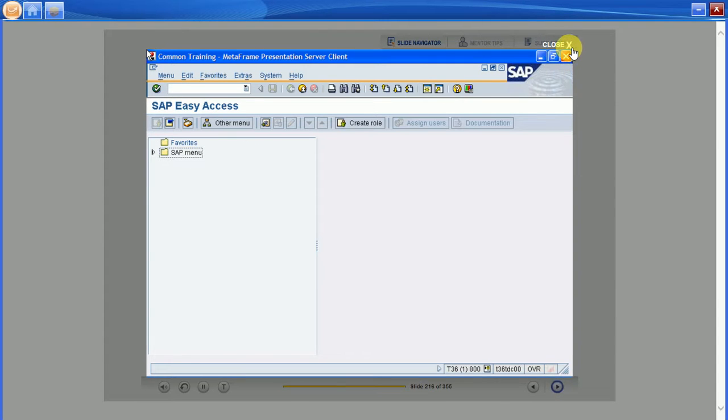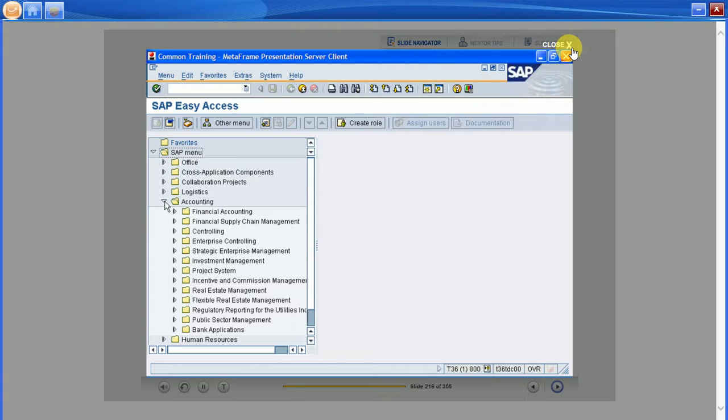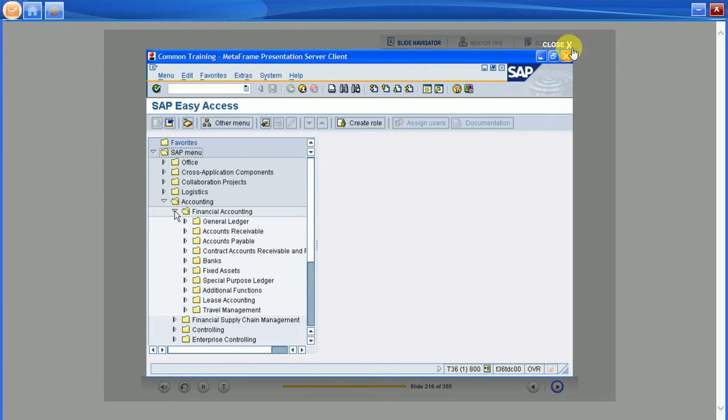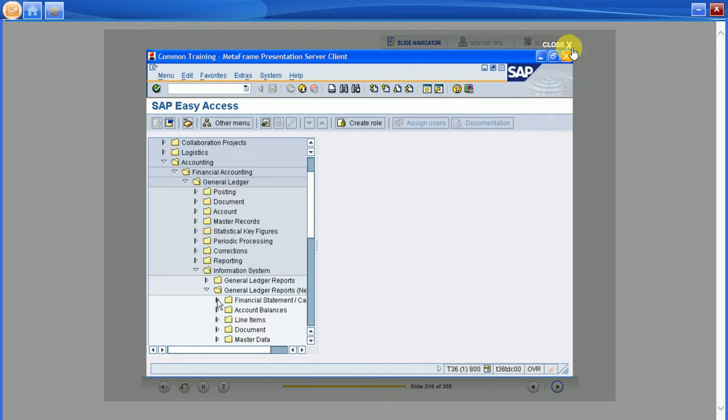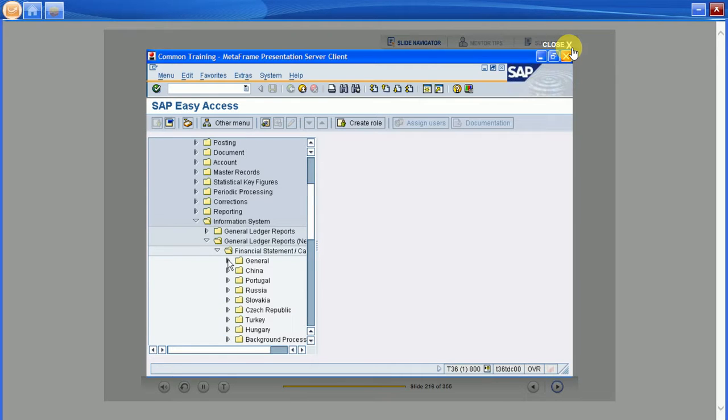In this demonstration, you will learn how to display the balance sheet as well as the profit and loss statement in financial accounting. In the SAP Easy Access screen, follow the menu path SAP menu, Accounting, Financial Accounting, General Ledger, Information System, General Ledger Reports, New, Financial Statement or Cash Flow, General, Actual Comparisons. Double-click